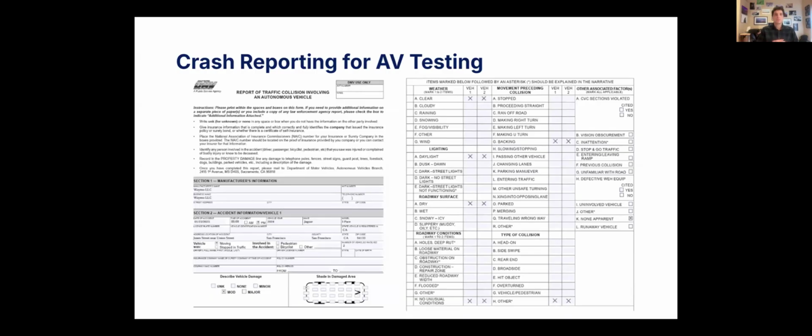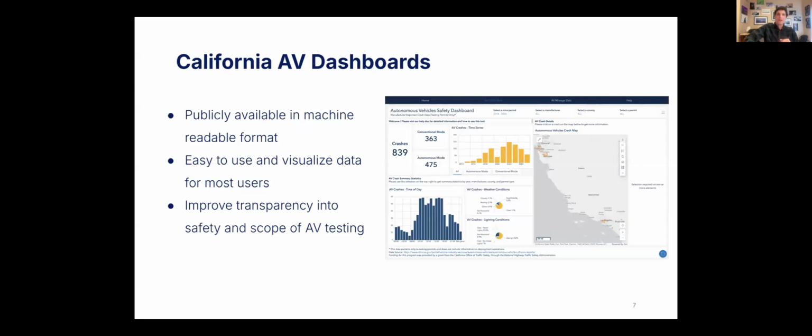The DMV processes this information, and then it shows up as basically a massive file of a bunch of PDFs that can be accessed by the public. There are obvious issues with that, right? And so what this project was focused on, and was funded by OTS, the Office of Traffic Safety, was to migrate that data that exists in PDF format to a publicly available machine readable format, to an easy to use